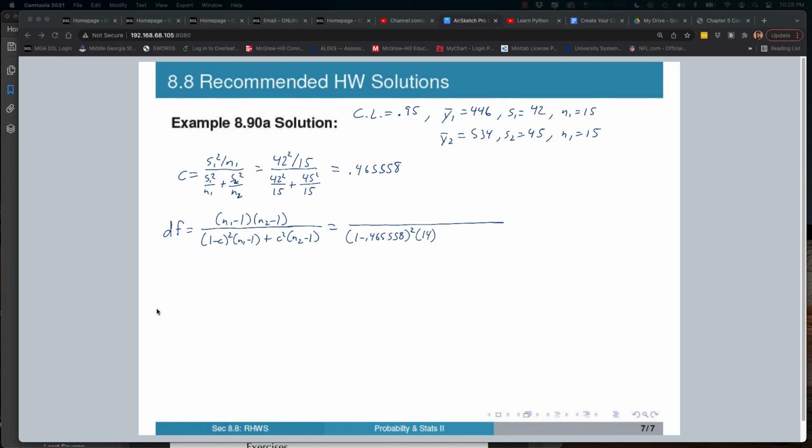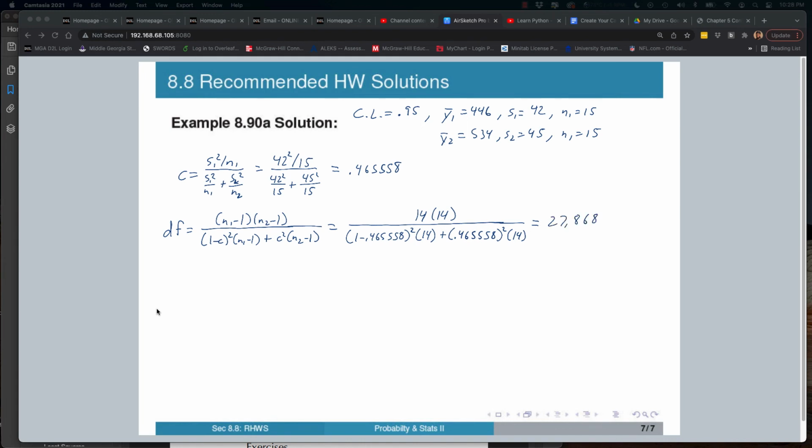As a matter of fact, both degrees of freedom will be the same for both groups separately, plus 0.465558 just squared times 14, all over 14 times 14, and we end up getting